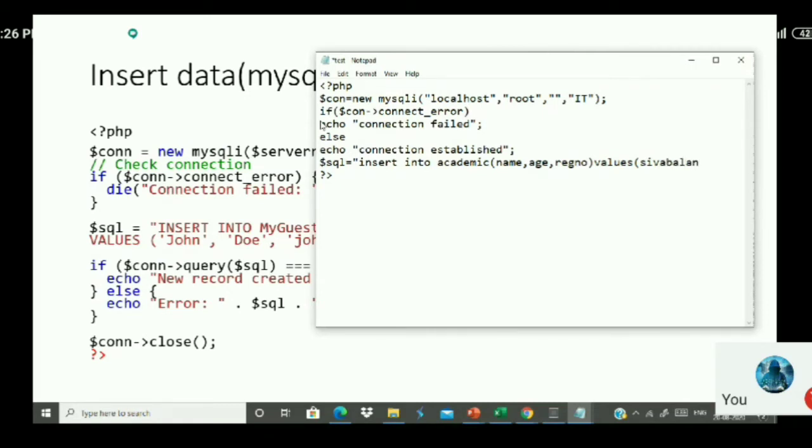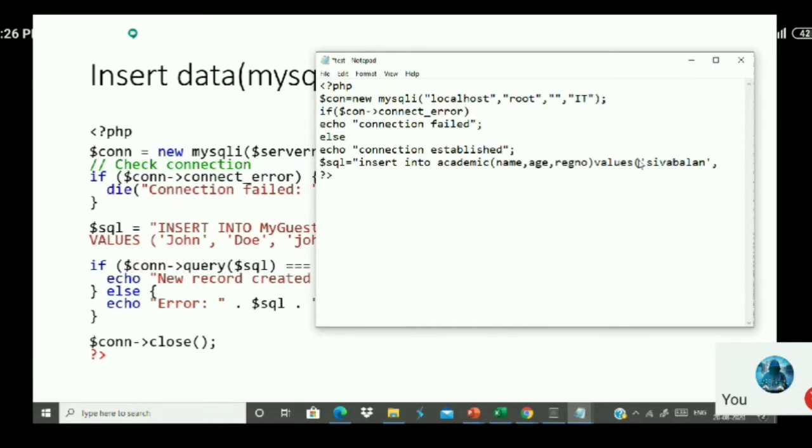Now this is wrong, because since this is a string, because name is going to accept the data called varchar. Varchar is called a string. So a string should be flanked by single quotes over here. So I put the data like this. It should be flanked by single quotes or double quotes, anything you can use.